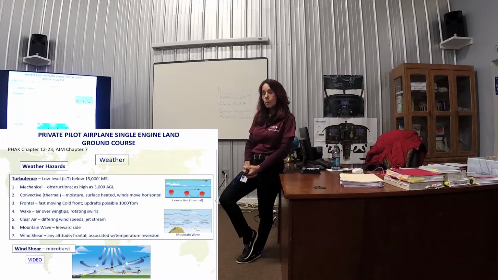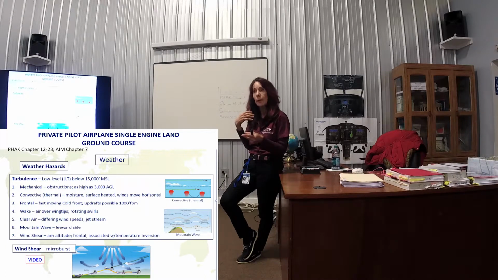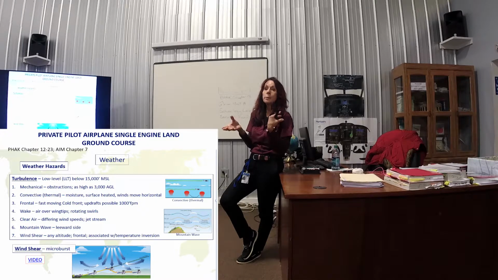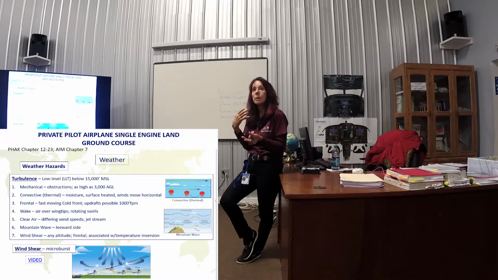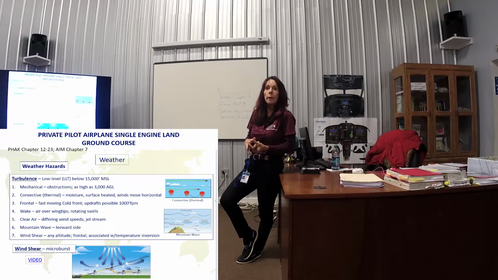Winds at altitudes can be different speeds and different directions. When we look at winds and temperature aloft, and we learn how to read winds and temperature aloft, at 3,000 we might have winds from the northeast. At 6,000, we have winds from the west. Right in between there, we're going to have turbulence. Clear air turbulence. Doesn't matter if it's clear air or not.